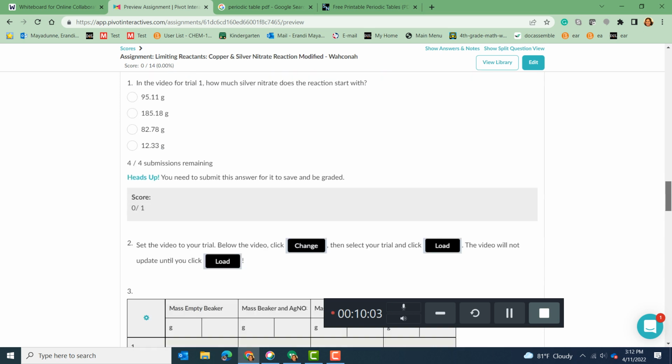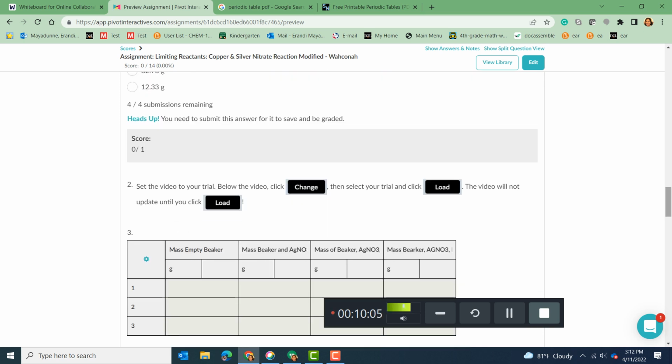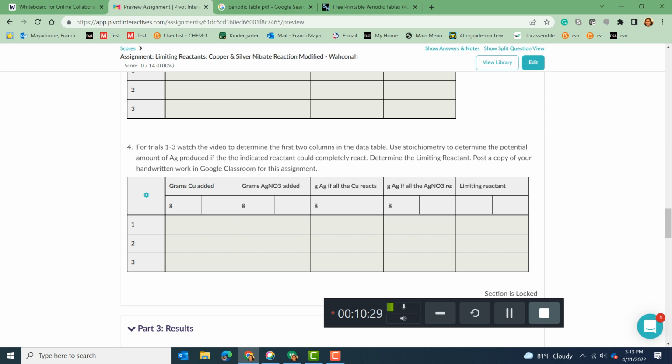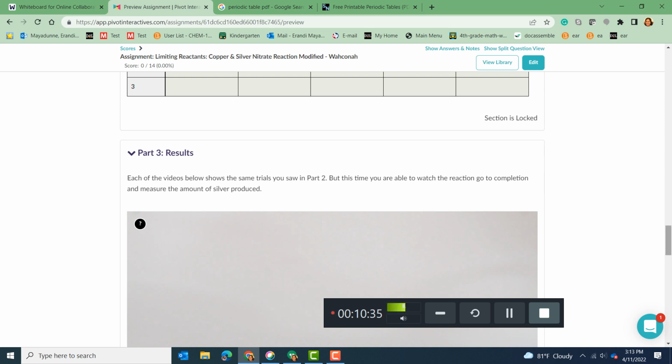And then you go down and you fill this table: mass of the beaker, silver nitrate, and then mass of silver nitrate and beaker. You fill that. So you load and you fill this table. And then for trials 1 to 3, you find the grams of copper added. You fill these tables, and then the last part, they ask you to make a prediction of the